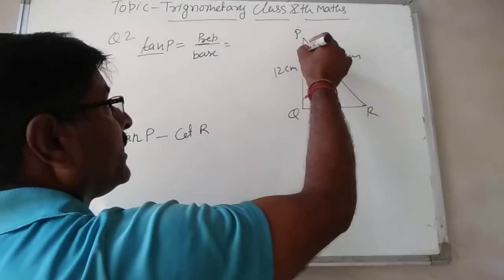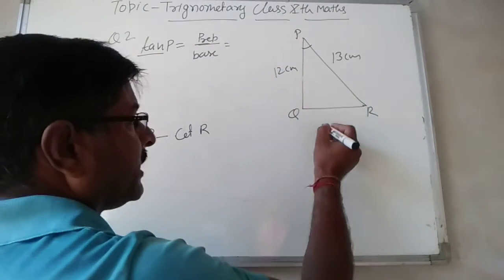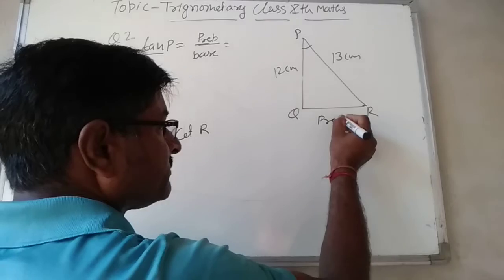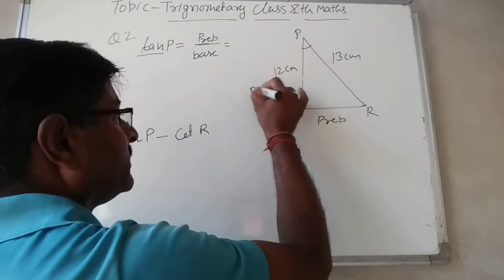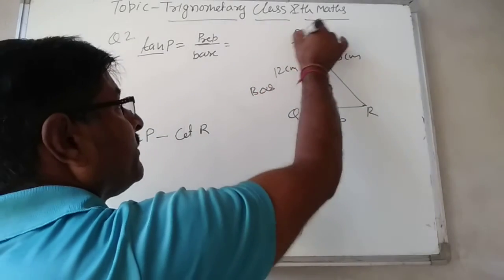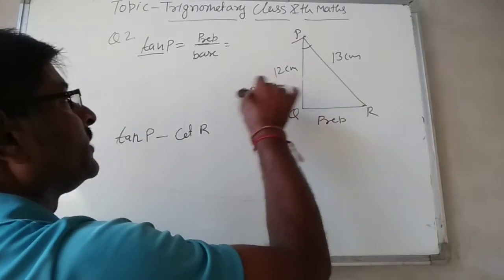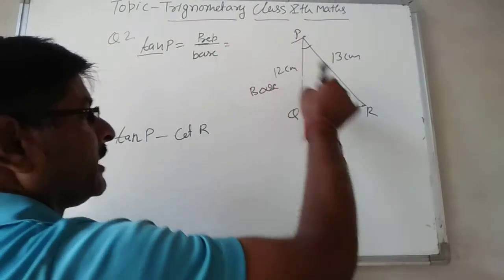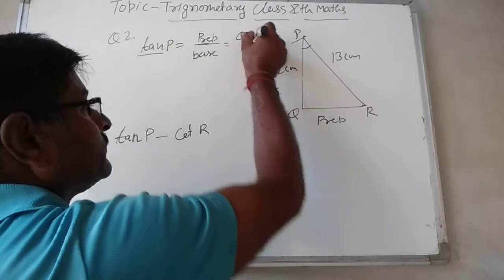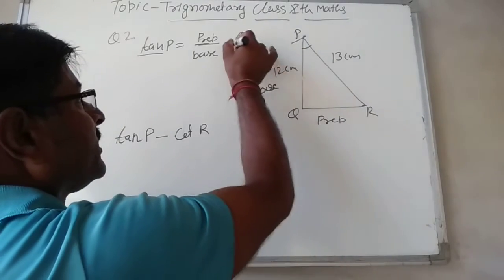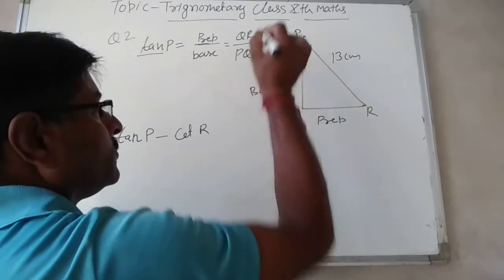Here, perpendicular in respect of angle P, perpendicular becomes QR. This is perpendicular and this is base, for angle P. So give the name using pencil, then you can erase it. So perpendicular is QR, base is PQ. So QR,